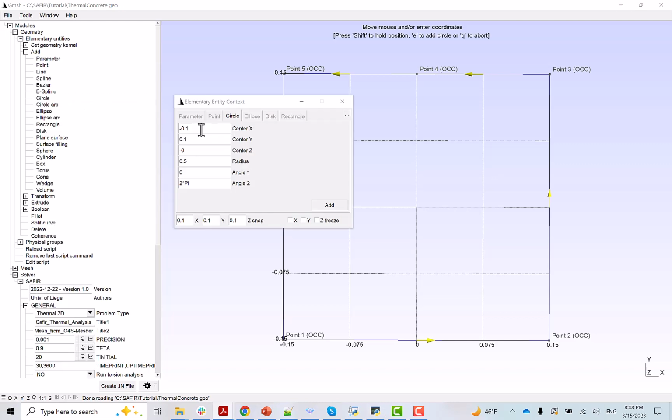For creating a circle, GmSAFIR requires the coordinates of the center of the circle. In this case, the cover to the edge of the rebar is 25 millimeters, and the rebar is 20 millimeters in diameter. So the center is going to be at minus 0.115, minus 0.115 meters if we consider first the lower left corner rebar. Z is 0, the radius is 0.01,